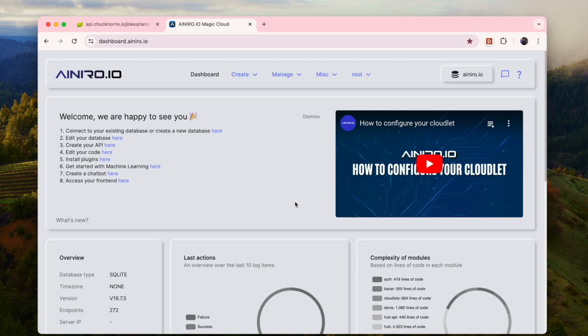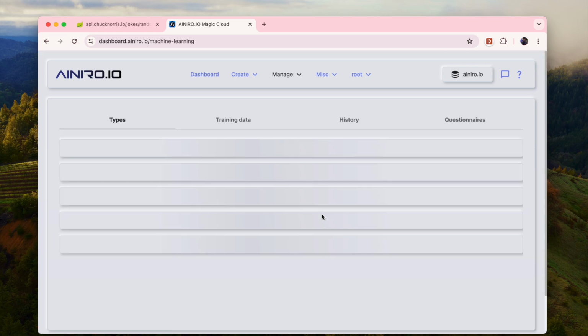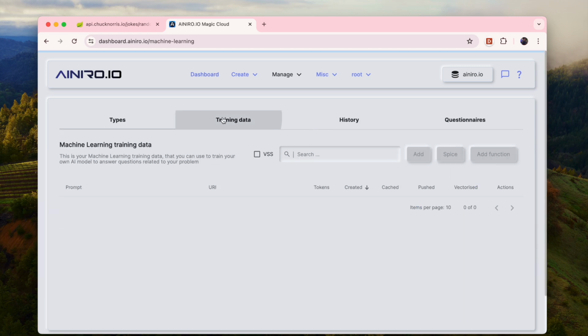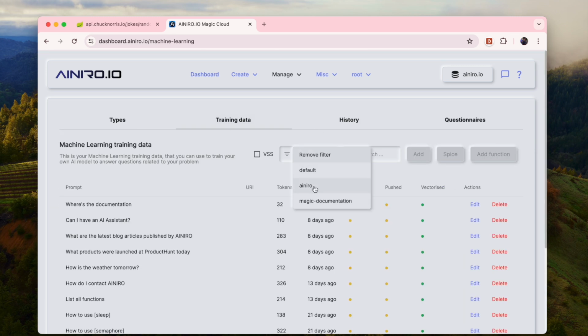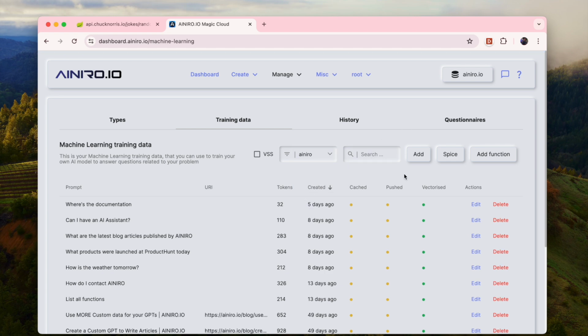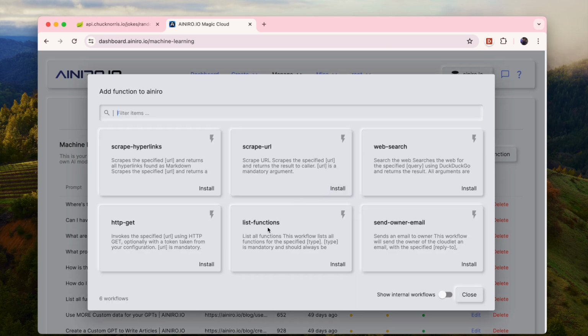Now with the latest additions to our AI chatbots, something I actually released recently today, I haven't updated all your cloudlets, so if you want access to this early, then you have to ping me with an email or something like that. However, now I have the ability to add an HTTP GET invocation